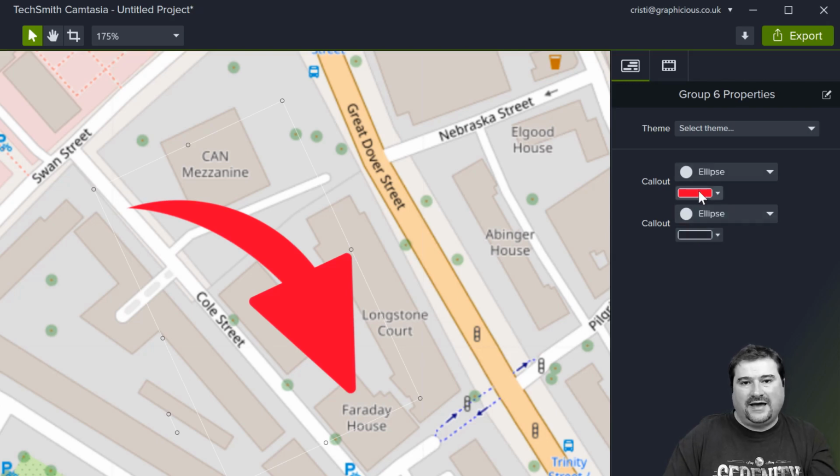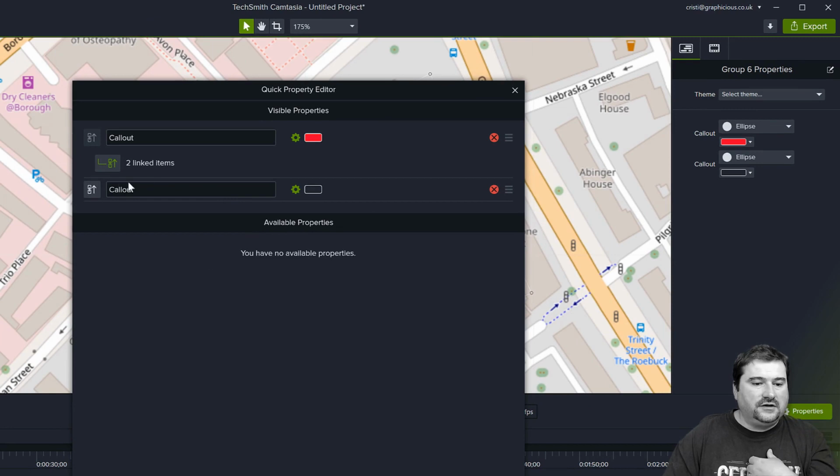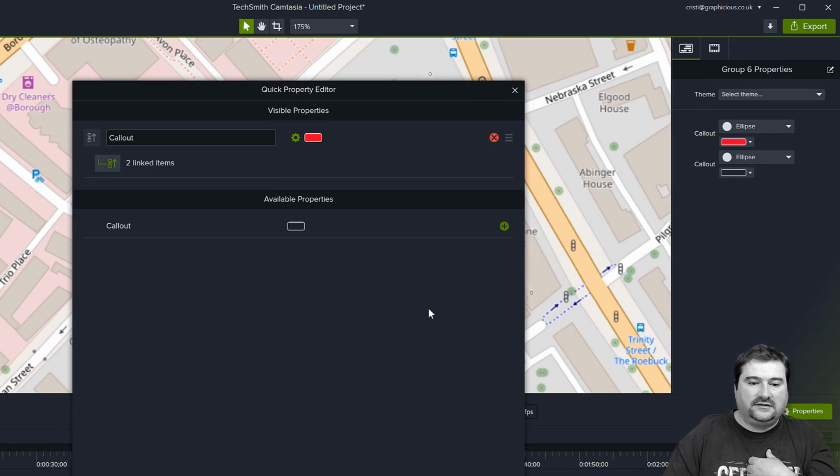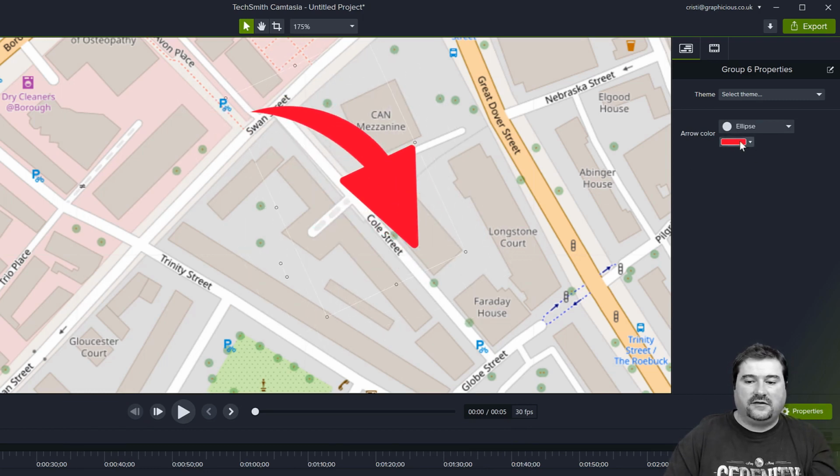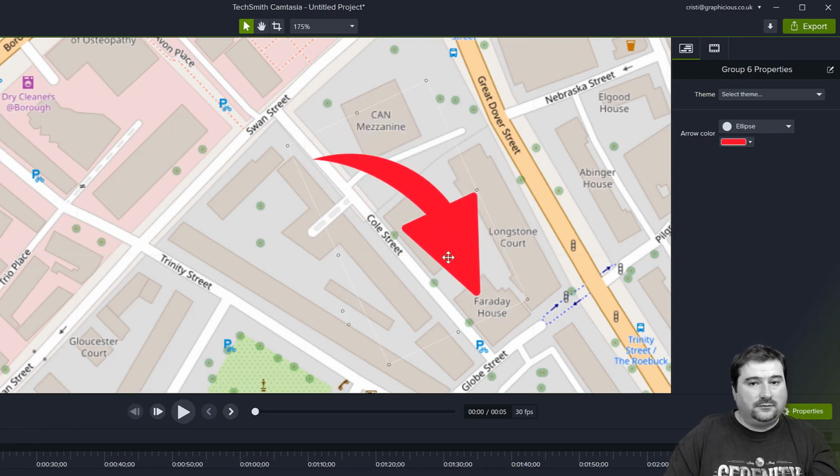If you want to add this arrow to your library for using it, you can edit the properties of this group. Just click on this icon right here and remove the color for the callout. Remove that, and for the callout label, you can put here arrow color, right? So there you go. You've created a reusable component, a reusable annotation if you want, and you can customize its color, it has a nice field here for selecting the color, and you can move it around, and you can apply effects to it.